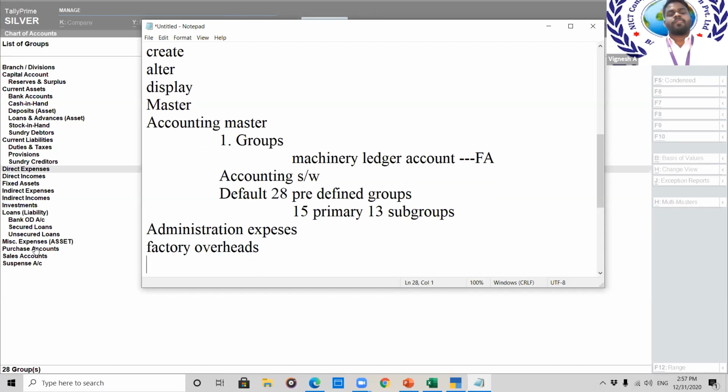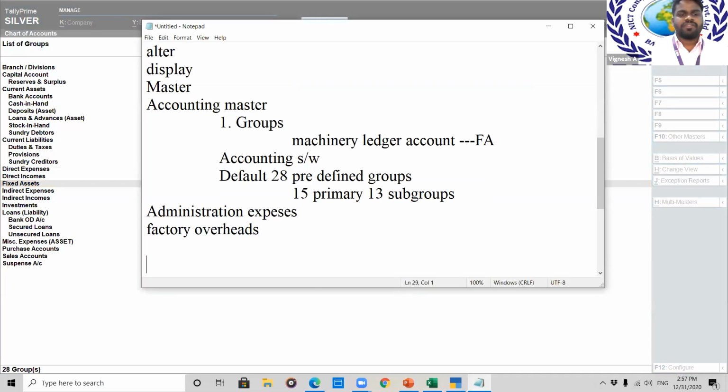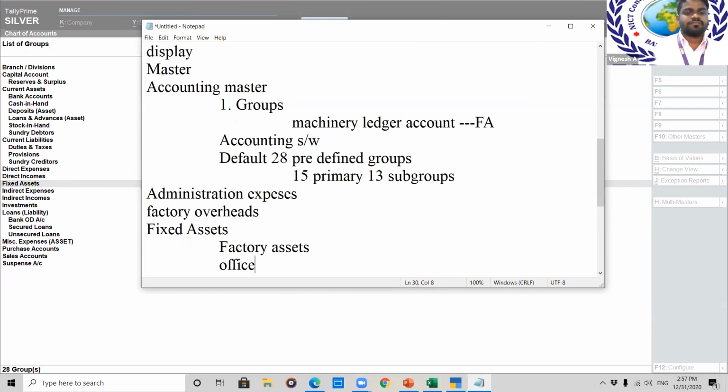Okay, there is something called fixed assets as a group. In my company, they don't take it as fixed assets. I have fixed assets in my company, but I want to differentiate them as office assets and factory assets. I have my factory place also. I want to differentiate in that way. In the sense, I have fixed assets as my main group, and under that I want to have factory assets and office assets.